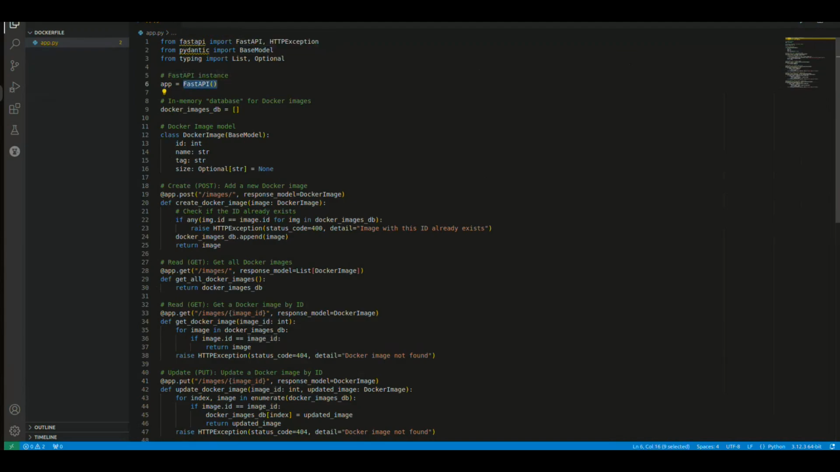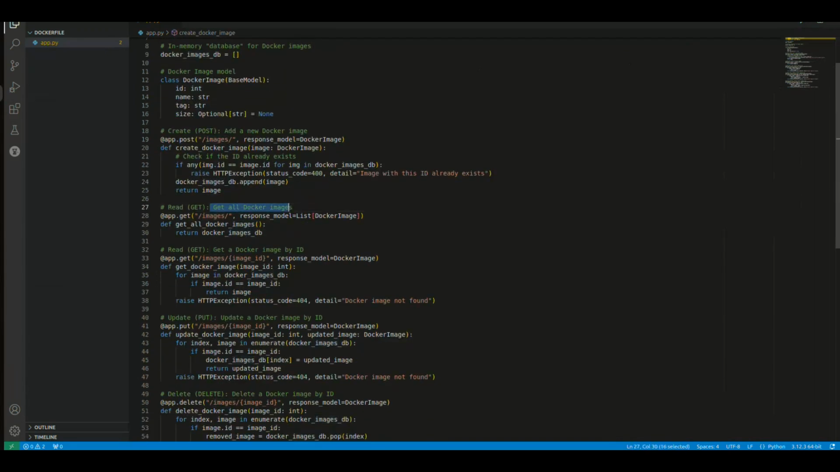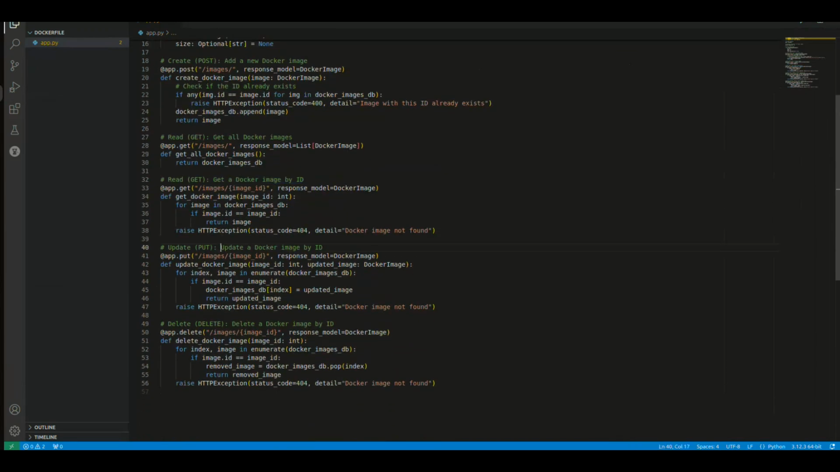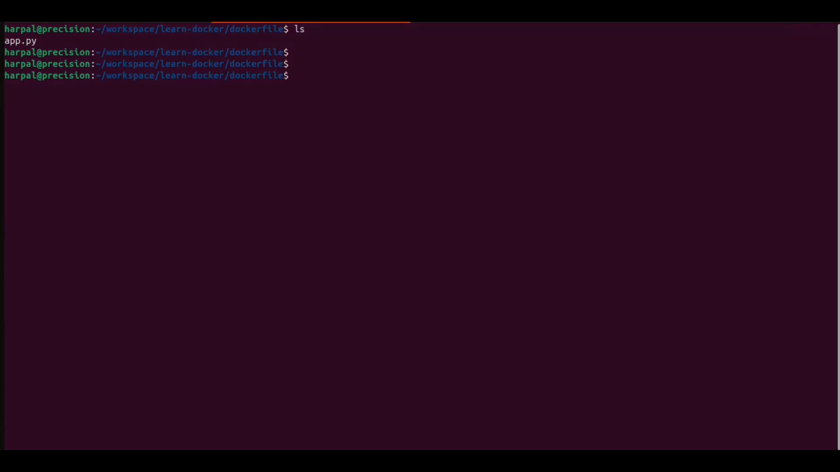There are a few endpoints I have just to add images, like a Docker image. It is in memory, so there is no database. There are four endpoints, including one to get all the images. It's not important. The purpose is just any CRUD-based API, and we will then use Docker-provided tools